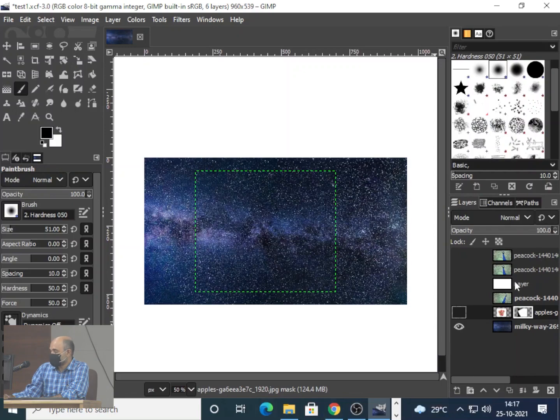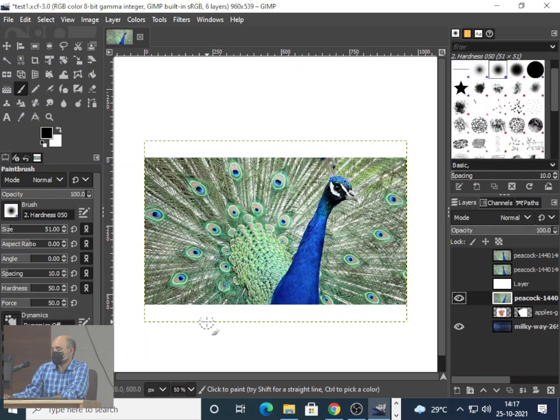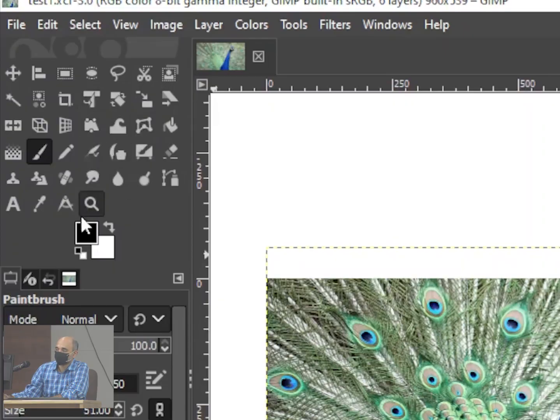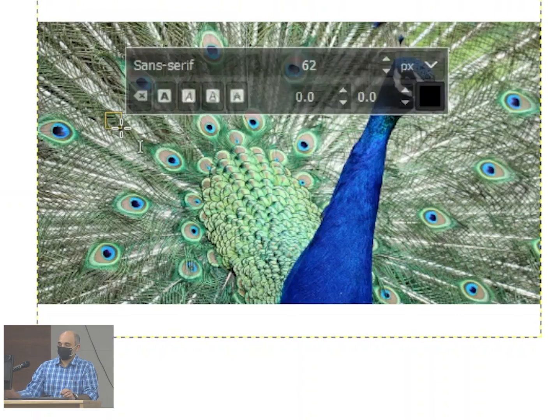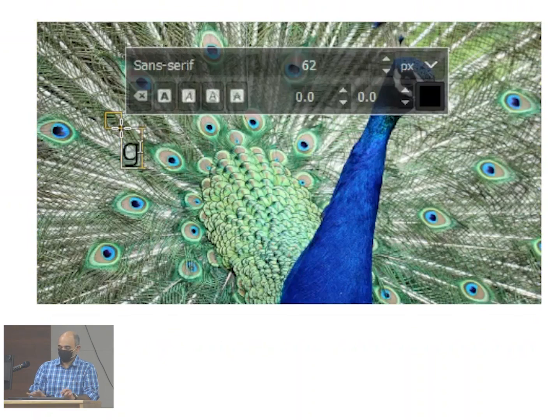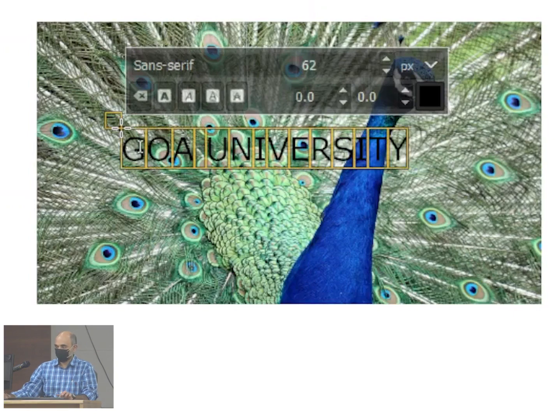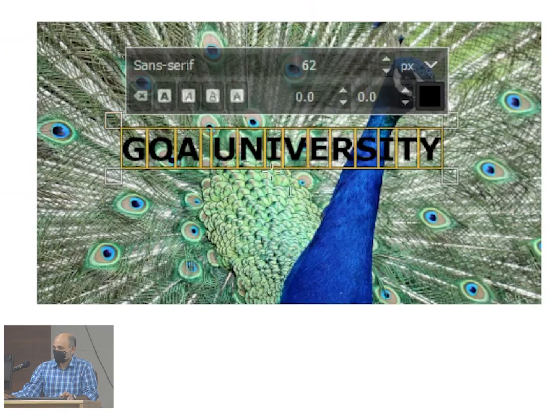But I'll take a background. So let us take the peacock again, and I want this peacock to appear in a, like, not the entire peacock but these feathers to be as part of the text. So there's a text tool here. Select and I'll type, okay, and of course make it bigger.